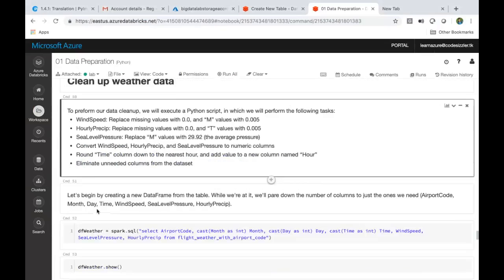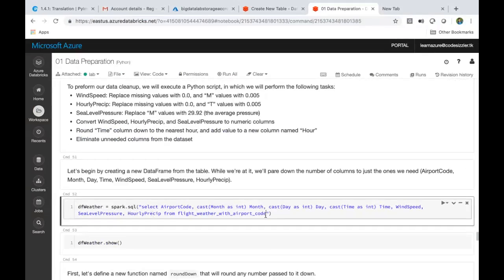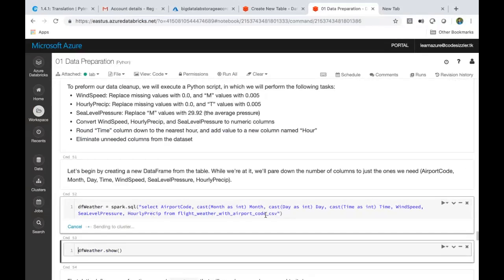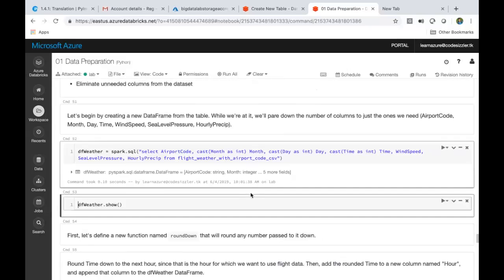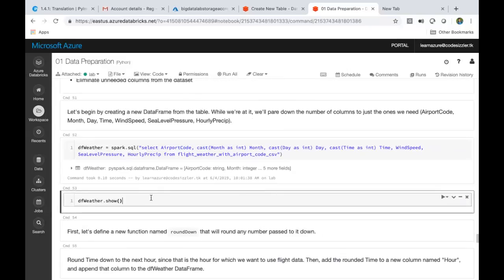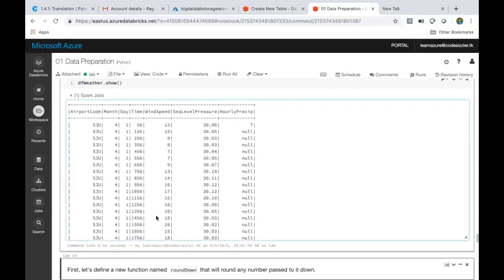So then on top of this, I'm creating my data frame. Like if you see here, spark.sql, airport and month as int casting here. I'm casting it, so I'm trying to make sure that all the columns are typecast to the right format. And let me just say underscore CSV here, because I gave the wrong naming convention. And let's see this now. It seems better now. I have taken only a few required columns into this.